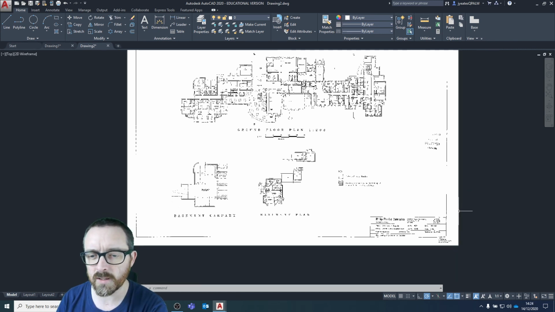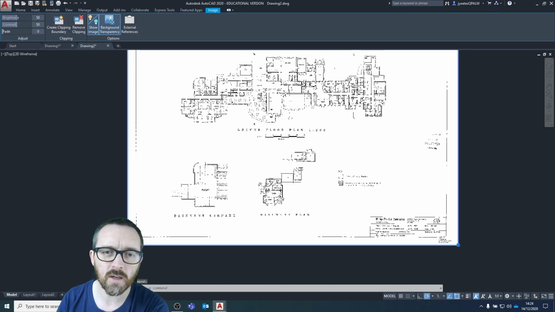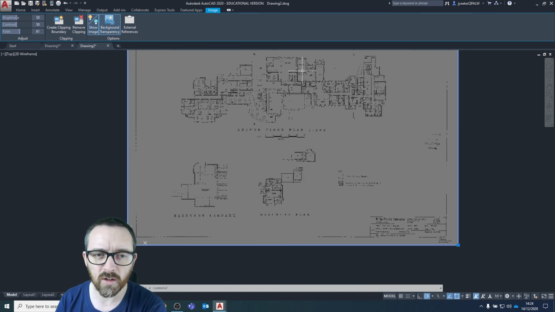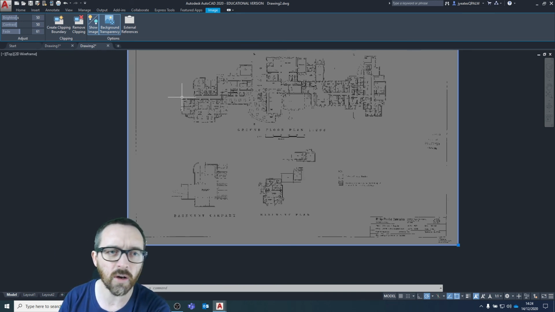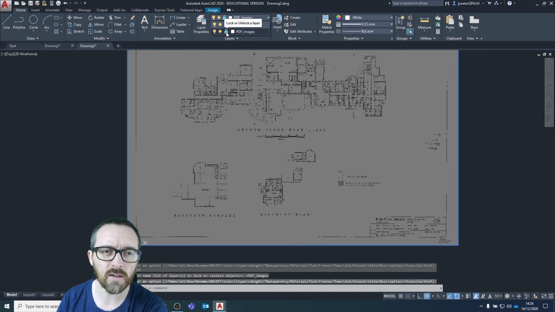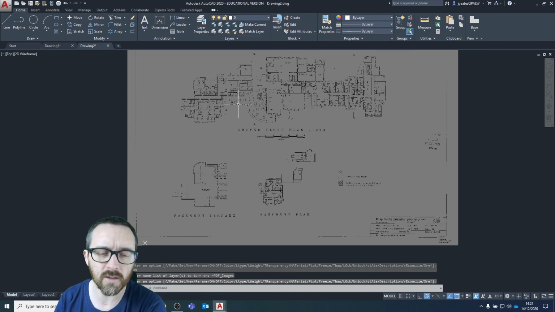So I'm going to select the edge of this PDF plan, and I'm going to change the fade. I'm going to increase the fade to about 60%, so it's a lot easier to see and work on. Okay, so when we inserted this PDF, AutoCAD very kindly added a layer for the PDF. So I am now going to lock that layer. I could turn it off and on, which is good, but I'm going to be working in layer 0, and